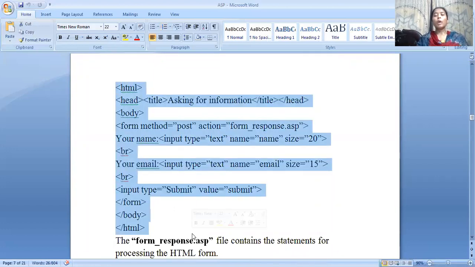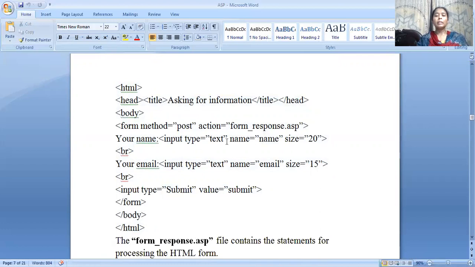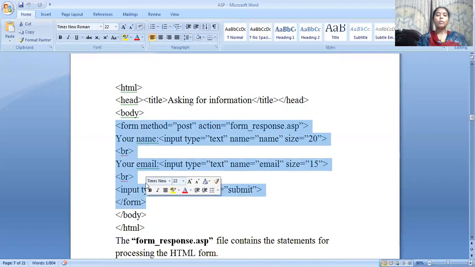We all know this is a client side program, which takes the name and email as an input and has a button called submit. I'm using a form tag here, asking for information from the browser side, being a user.